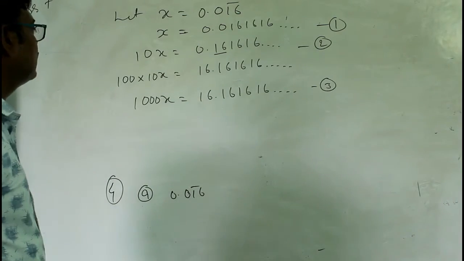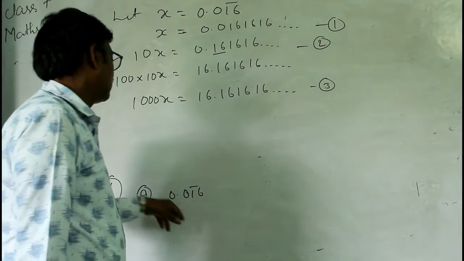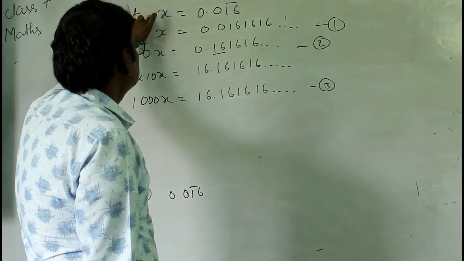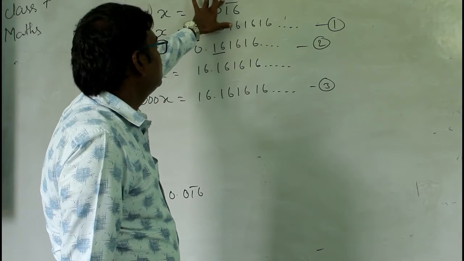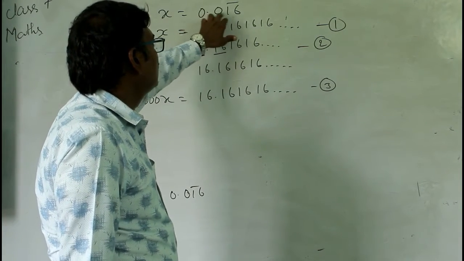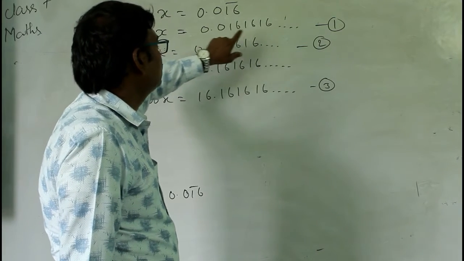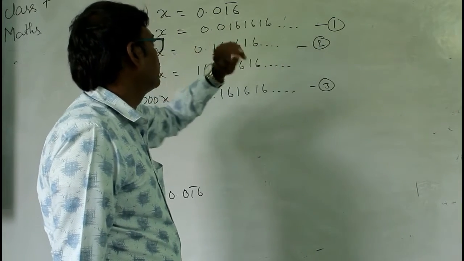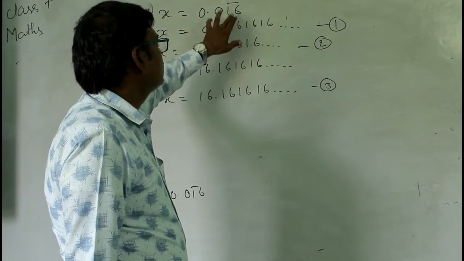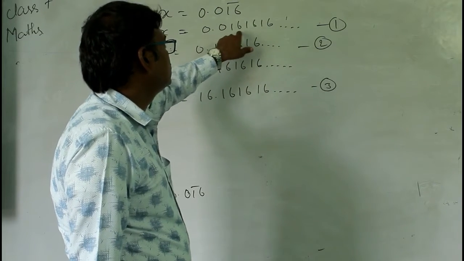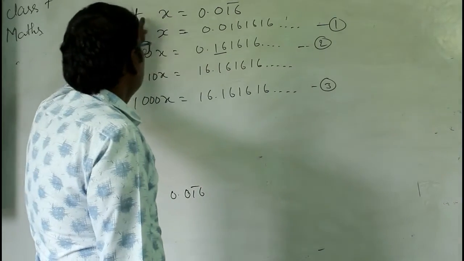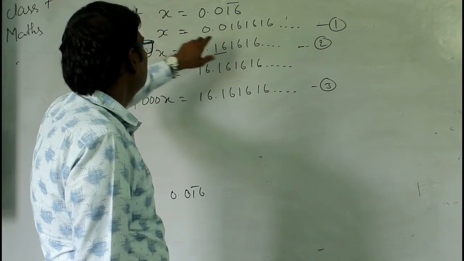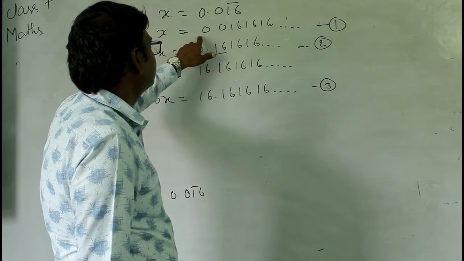Now see here that we have to express it as a rational number and suppose x equal to 0.016 bar, because the bar is over the 16. The bar is over the 16, which means 16 will repeat again and again, not the 0. Okay, only 16 will repeat. So 16, 16, 16. Then here I have, suppose this is equation 1.